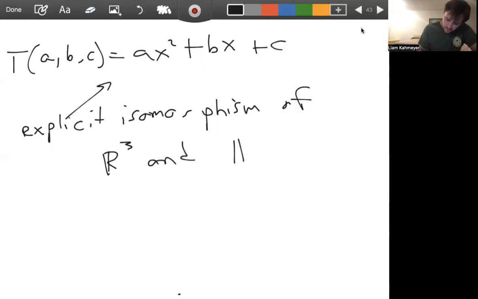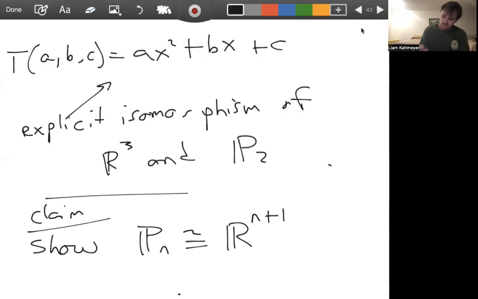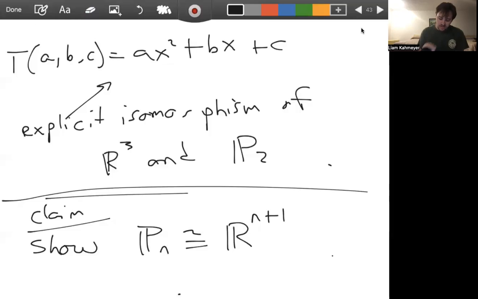So here's a claim that I would like you to prove. Show that Pn is isomorphic to R^(n+1). If you can do this, then I would argue you have a solid understanding of the course material so far. So show that the space of all polynomials of degree at most n is isomorphic to n plus 1 dimensional Euclidean space. All right, and you may notice here,